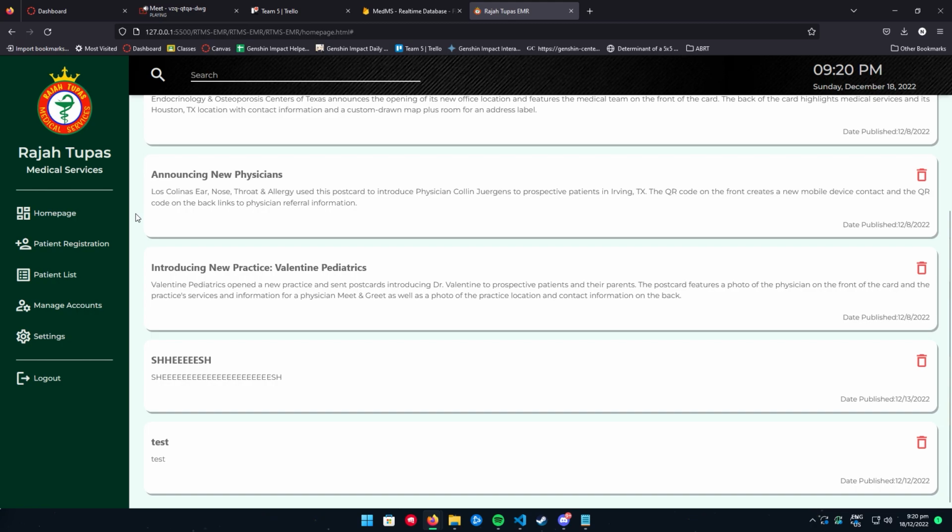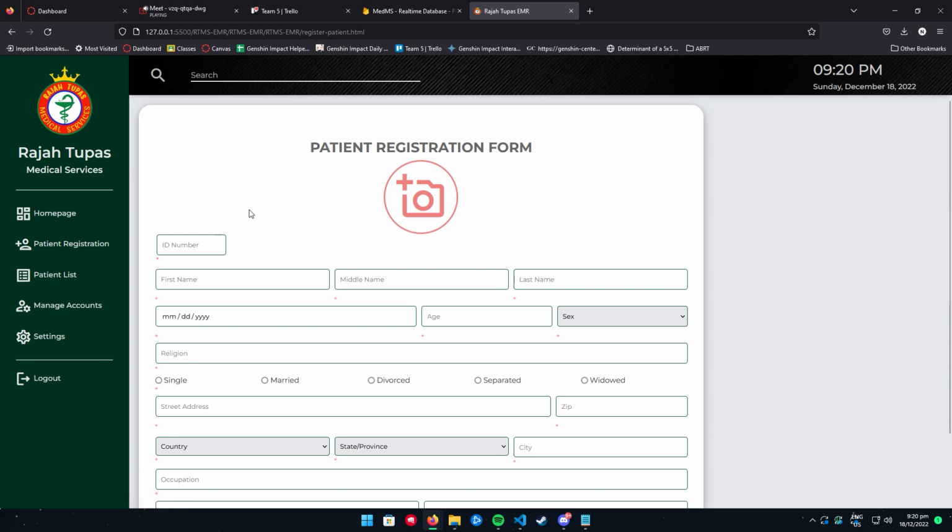The next major feature, which is one of the core specifications that we wanted to implement within the MVP, is the patient registration feature. It's one of the core functionalities that the system needs to have, and what we implemented is a simple patient registration form wherein staff can